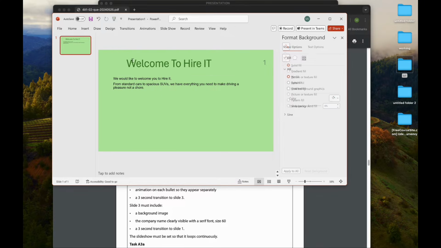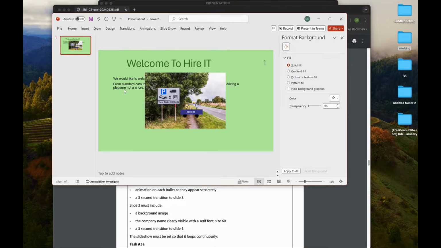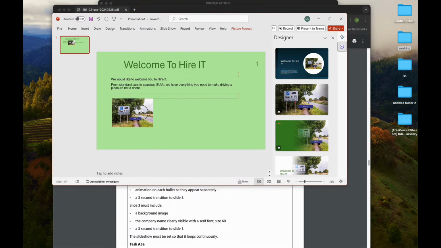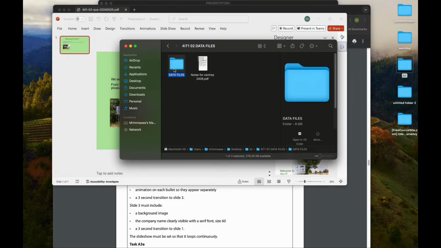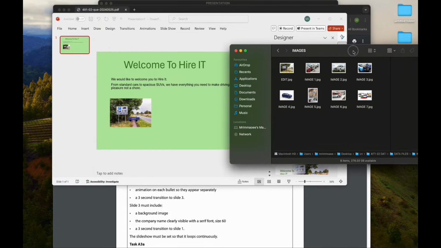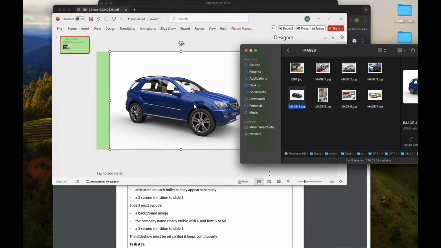So what we will do, because we already work on this one, right? This is my working folder, so I just drag and drop it here. Then I try to make it a bit smaller like this one. But they also mentioned that we have to take other images as well. So if I go to my image folder, then I can see what the other images I can take, which is like, maybe I can take this image and